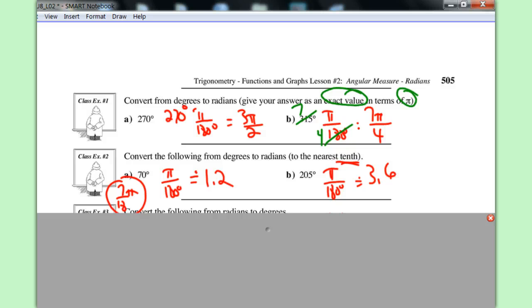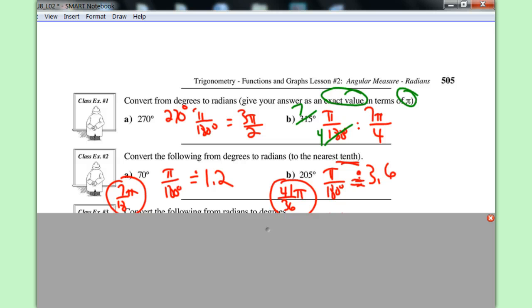If you multiplied 205 by pi over 180 as an exact value, I'm just going to put it over on the side here, reduce that fraction, 205 degrees would be 41 pi over 36 as an exact value, but they wanted us to write it as a decimal,